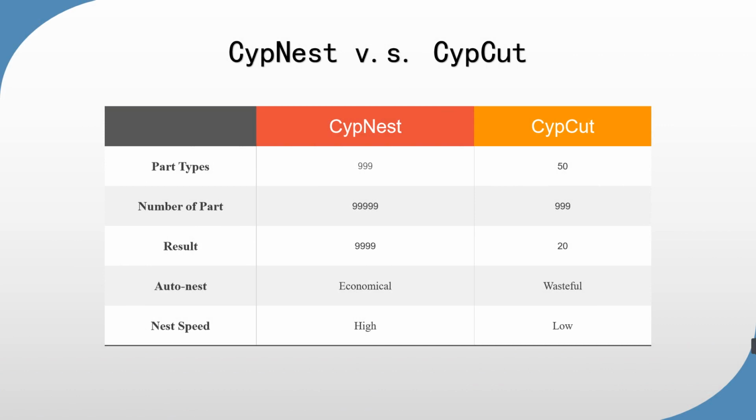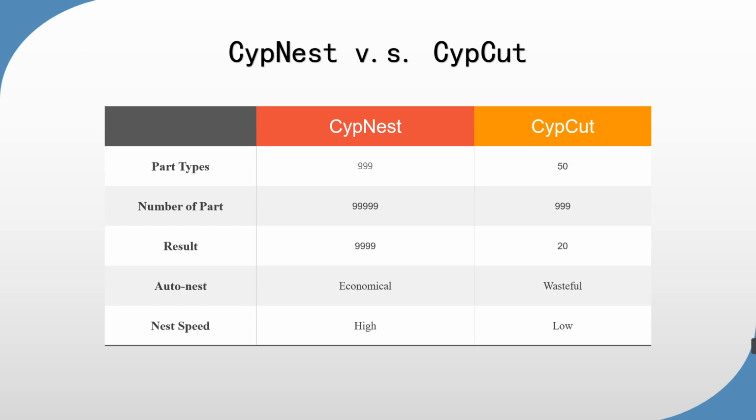Cypcut is a professional software for laser cutting, so nest feature in Cypcut is just at a basic level. On the other hand, Cypnest, as a professional nesting software, comes with much more powerful nest function. First superiority of all, Cypcut only supports 50 kinds of part types at most, while Cypnest supports 999 types of parts. Second, the number of every kind of part can be up to 999 in Cypcut, while in Cypnest,